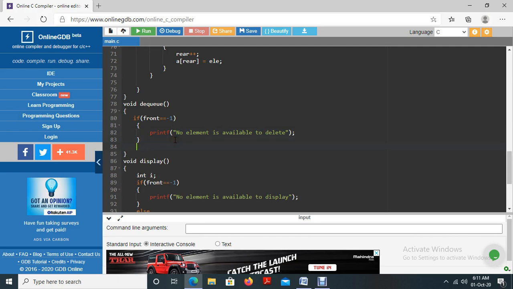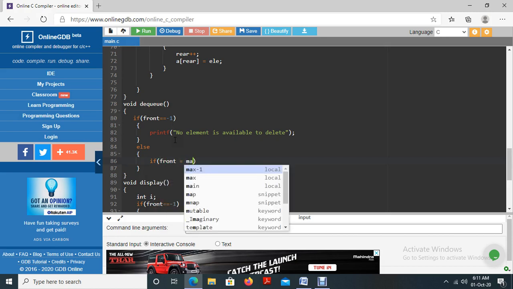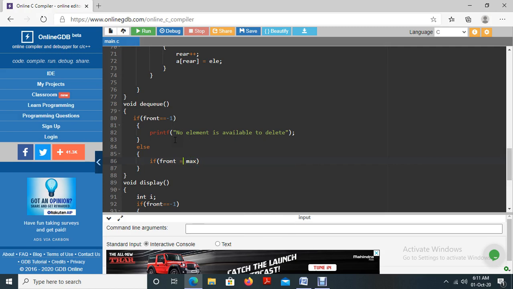If the condition is false, then what we have to verify is whether front equals maximum size of the array minus 1.